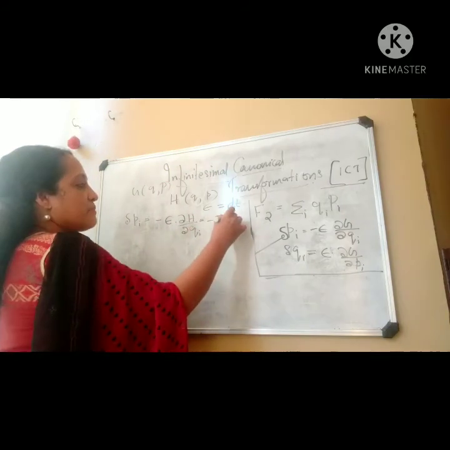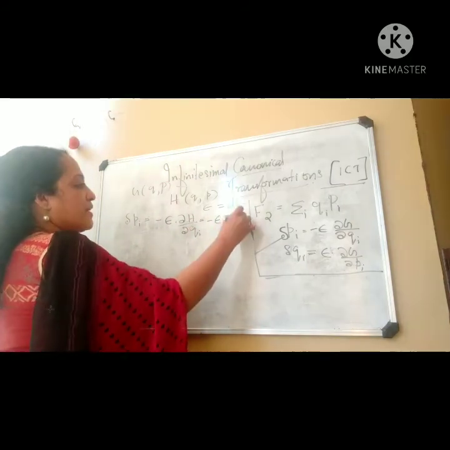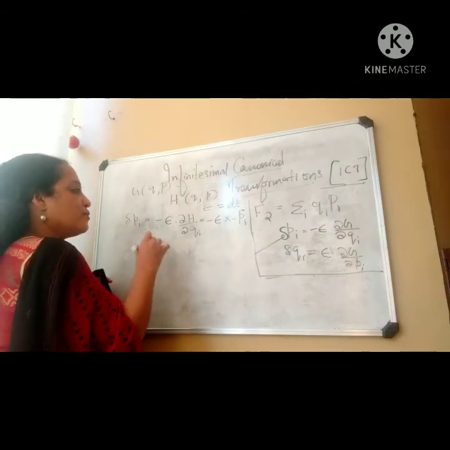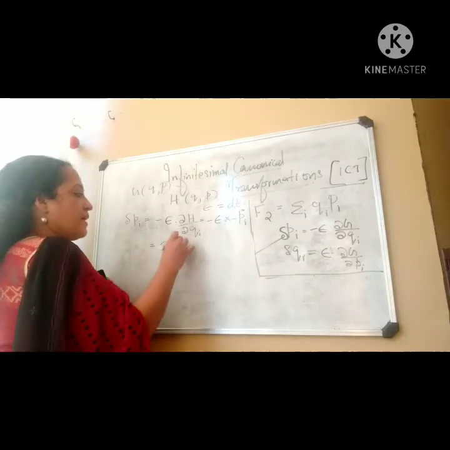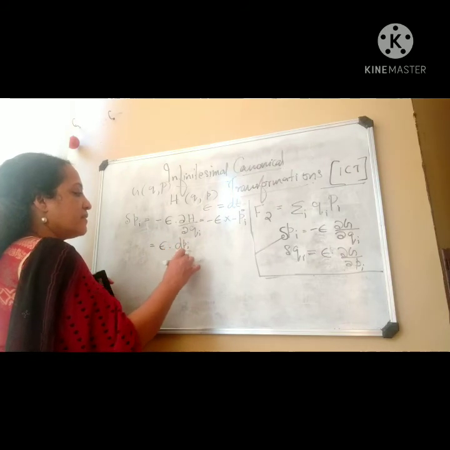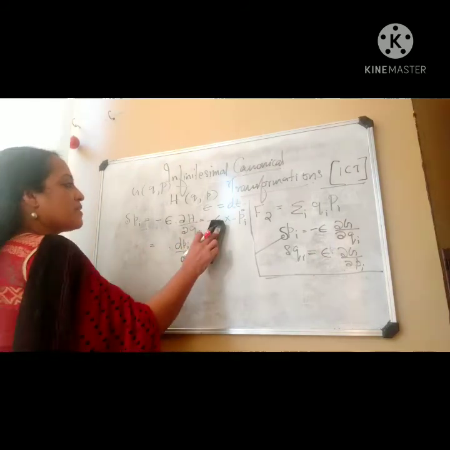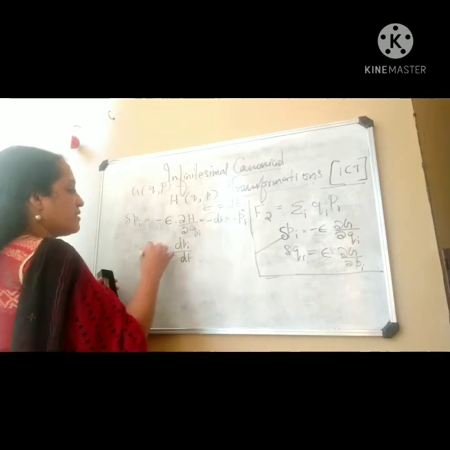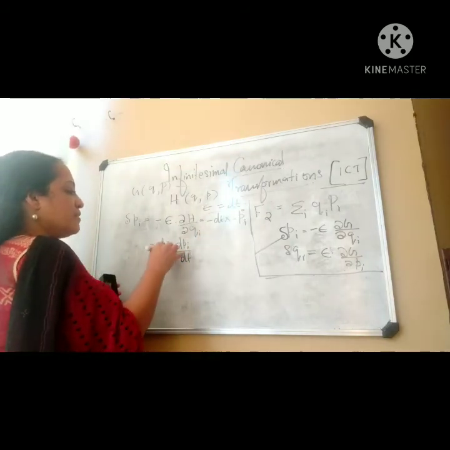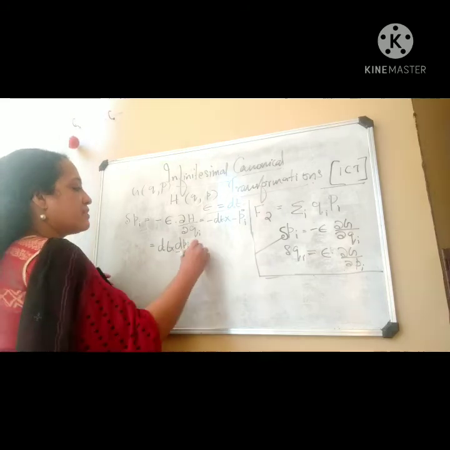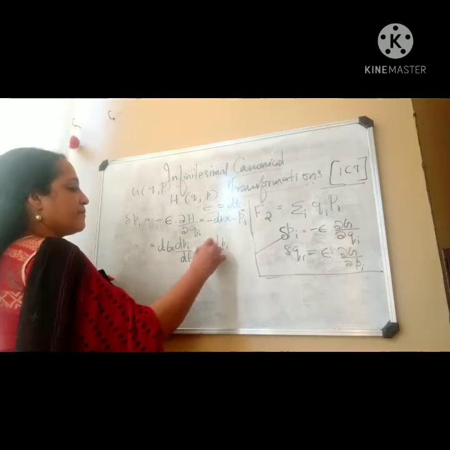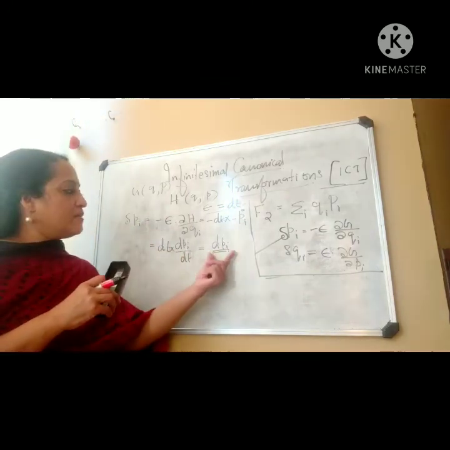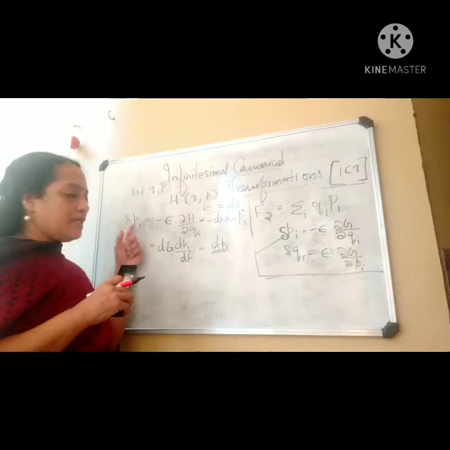So that is minus pi dot, or this is equal to epsilon into pi dot, which is dpi by dt. And instead of epsilon we may write dt, since we have taken epsilon equal to dt. So this is equal to dt into dpi by dt, or this is equal to dpi. That is, delta pi is equal to dpi. What does it mean? The change in